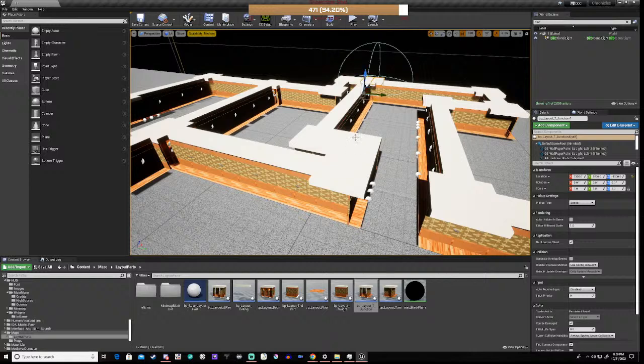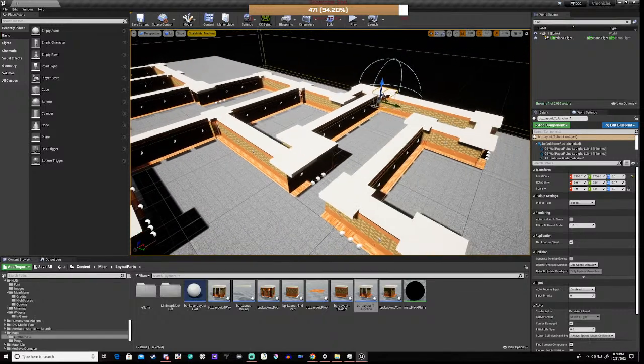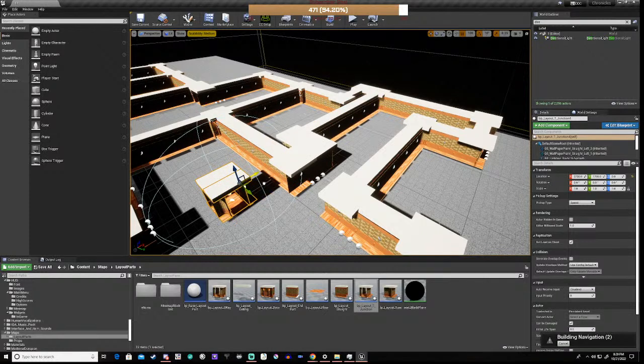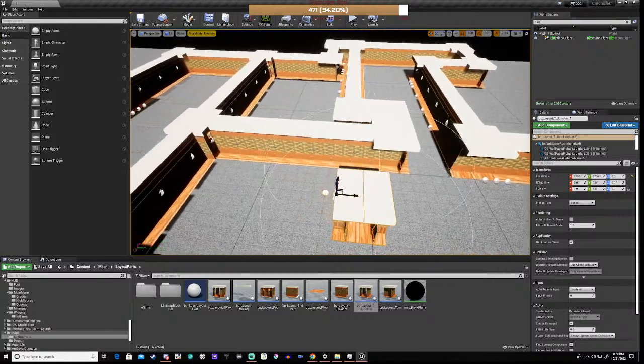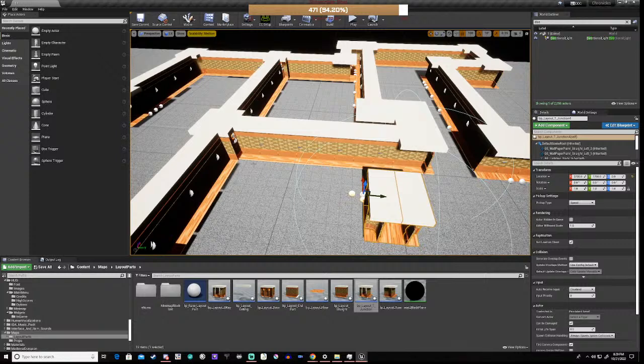Right? We'll undo that. We'll drag that over there. And we'll replace this one